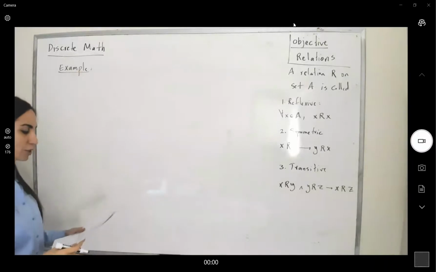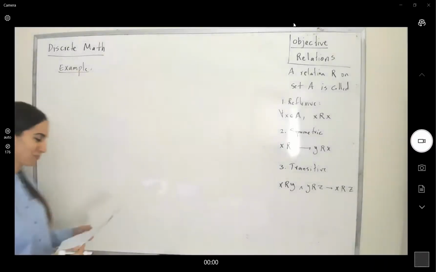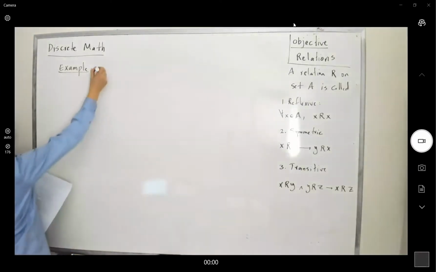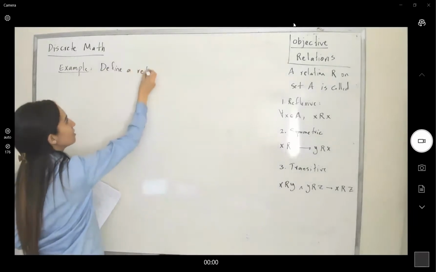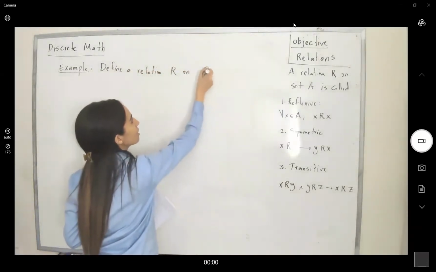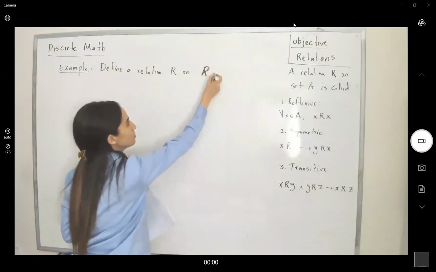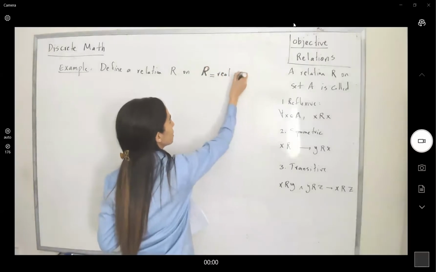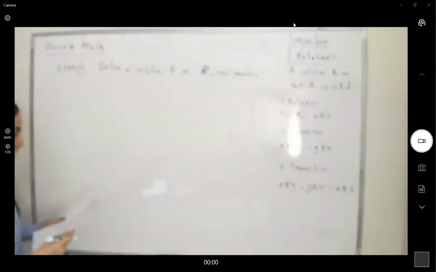In this example, we're going to define a relation which we call equality. Define a relation R on the real number set, real numbers. We define this relation this way. For all real numbers,